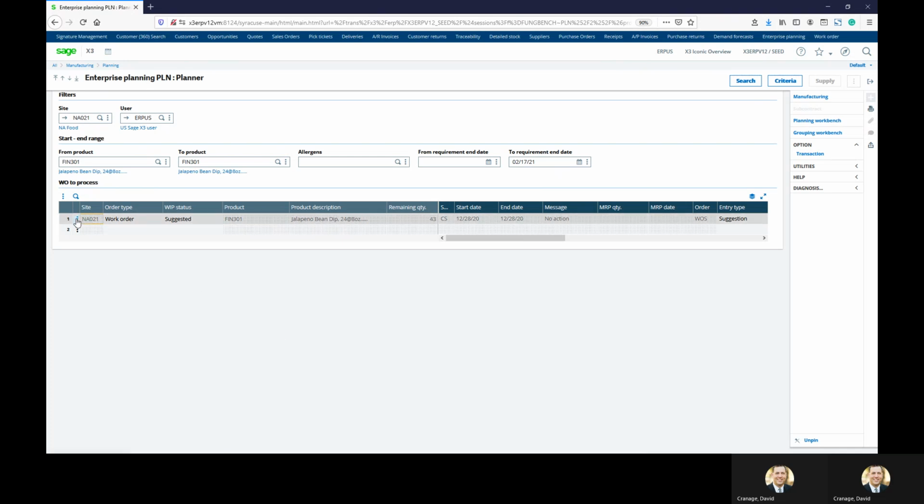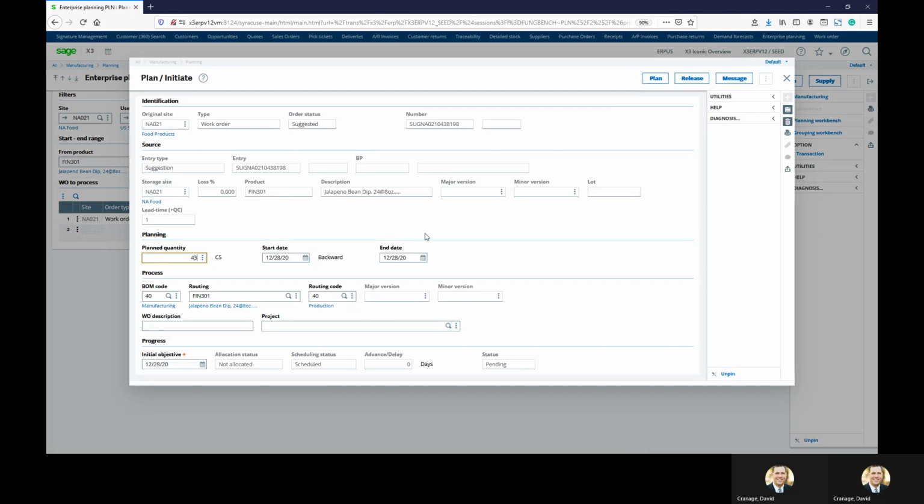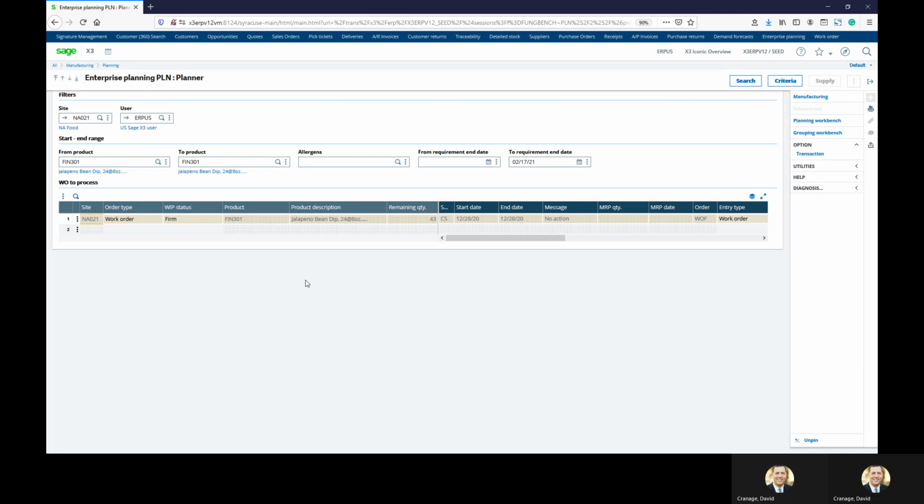In our case, it's a pretty straightforward decision. We need a work order to create 42 more cases, and so we're going to do that. And in my case, I'm going to just say DCs 12, 23, 20 work order is my description. You don't have to put in a description, but I like to. And let's go ahead and release that work order. And now we come back